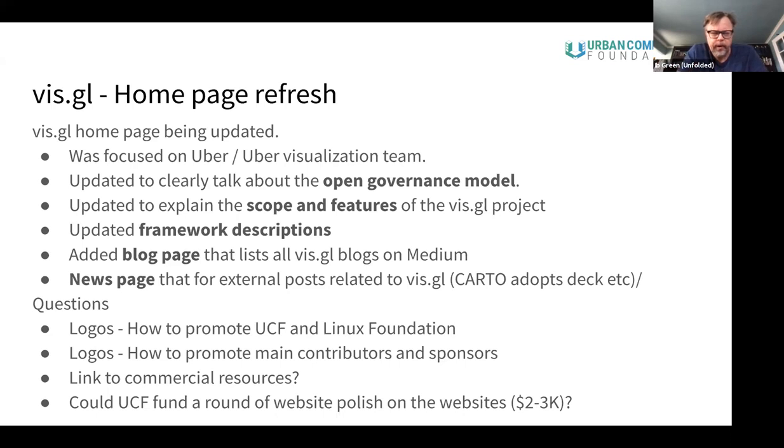And the goal here is to update the websites of all the frameworks, to emphasize that these are open governance frameworks in the Linux Foundation /UCF, put those logos there, and then link back to this page, right? So this was previously a page, a couple of years old, centered around the Uber visualization team, but it has been updated to talk about this as an open governance effort and to emphasize those aspects of it. And also, this is in response to discussion in the last meeting, where Javier especially asked